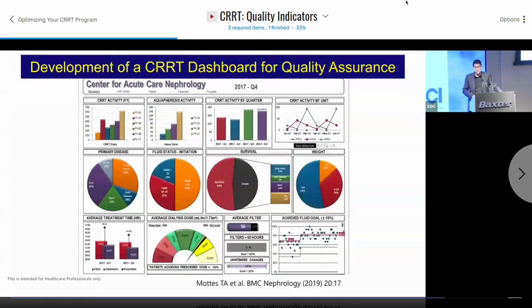This is an example of a dashboard. This is a good start if you want to create something new in your program. This is from Teresa and Stu from Cincinnati Children's. They created this nice, colorful dashboard. It's also published there. And you can see how, since many years ago, they were starting to track their activity on their CRRT program. And importantly, if you see on the bottom right,